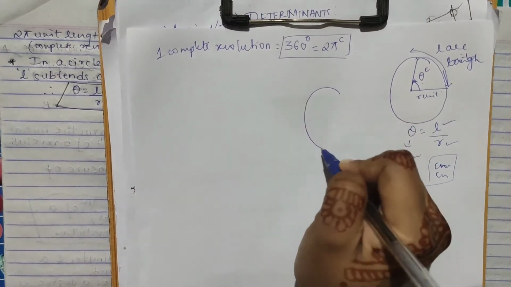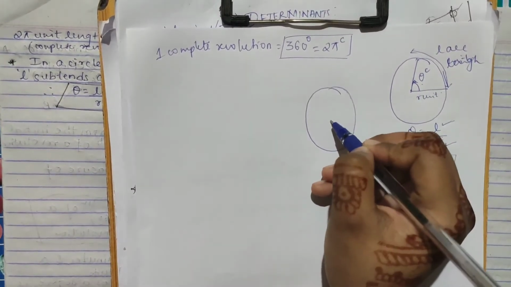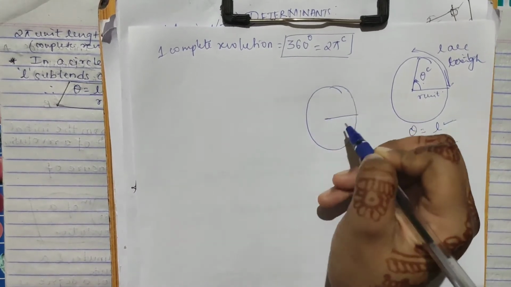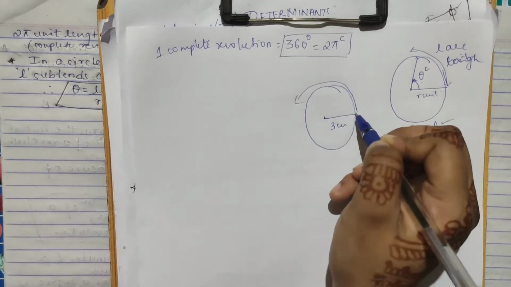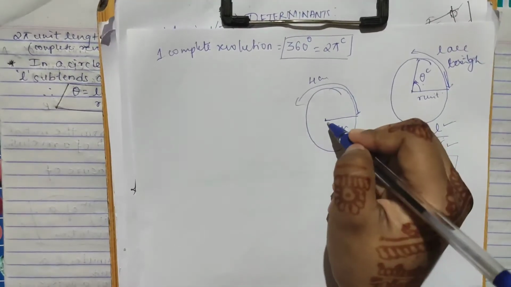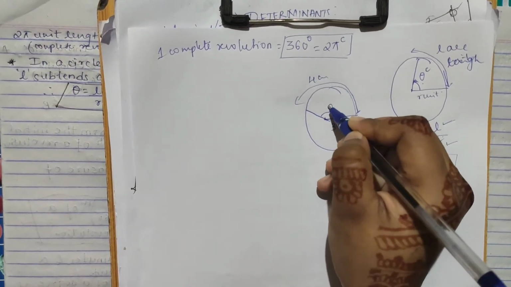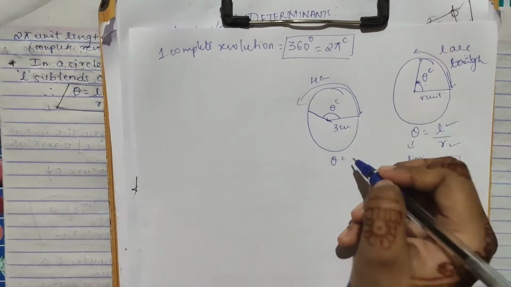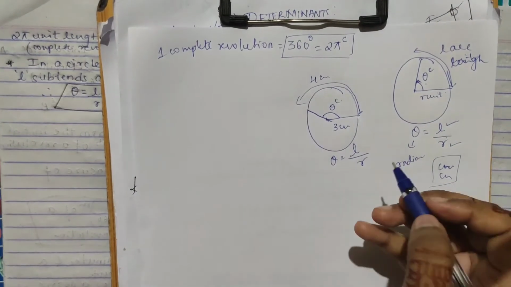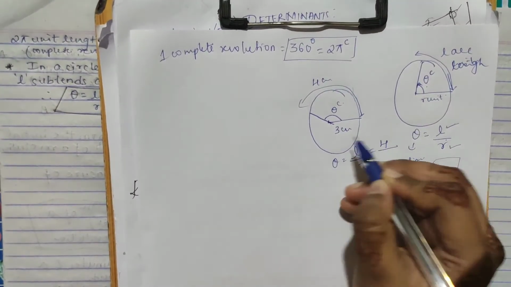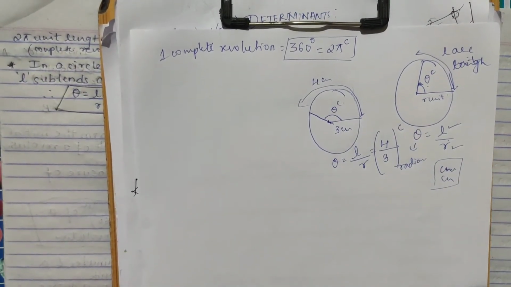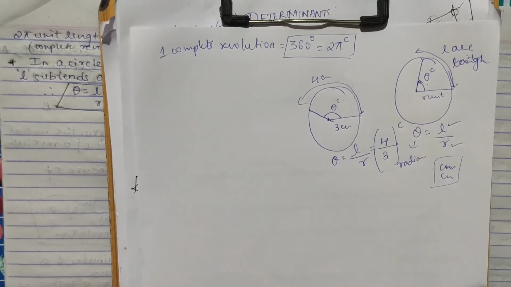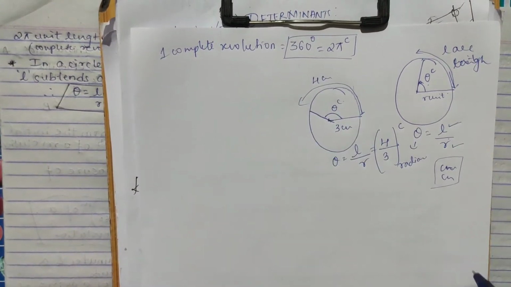Suppose you have a circle, consider the radius is 3 centimeter, and the arc of an angle, consider it is 4 centimeter. So you get an angle theta, and you have to find theta in radian. So what is our relation? It is L by R. What is L, how many centimeters? It is 4 and your R is 3. So you are getting theta as 4 by 3 radian. Understood? Just a simple relationship.